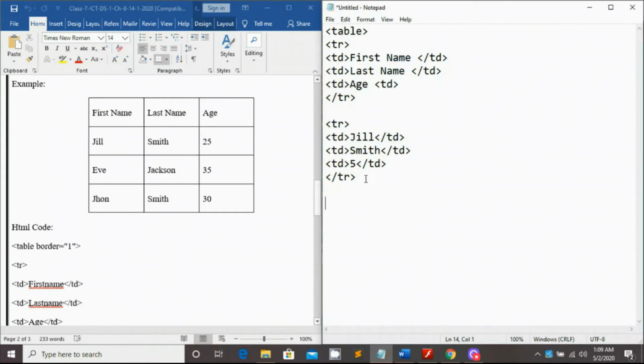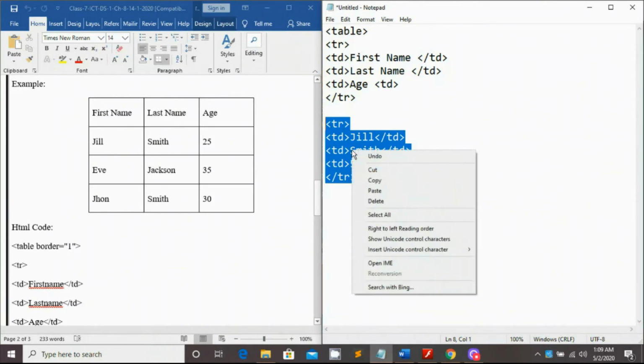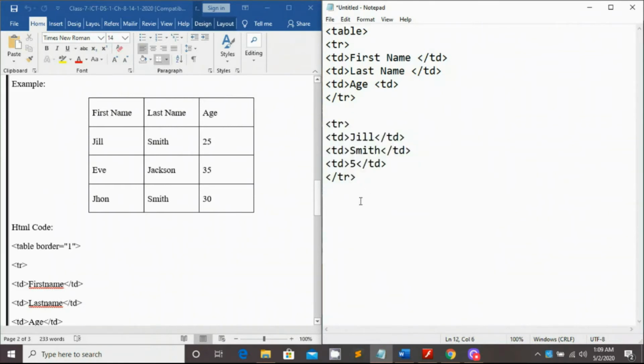You have to make two more, so I will not write it again and again. I will copy and paste this one. How to copy paste? Select this row, or you can select the first row, both will be the same. Select this row, right click on your mouse, and you will get the copy option.